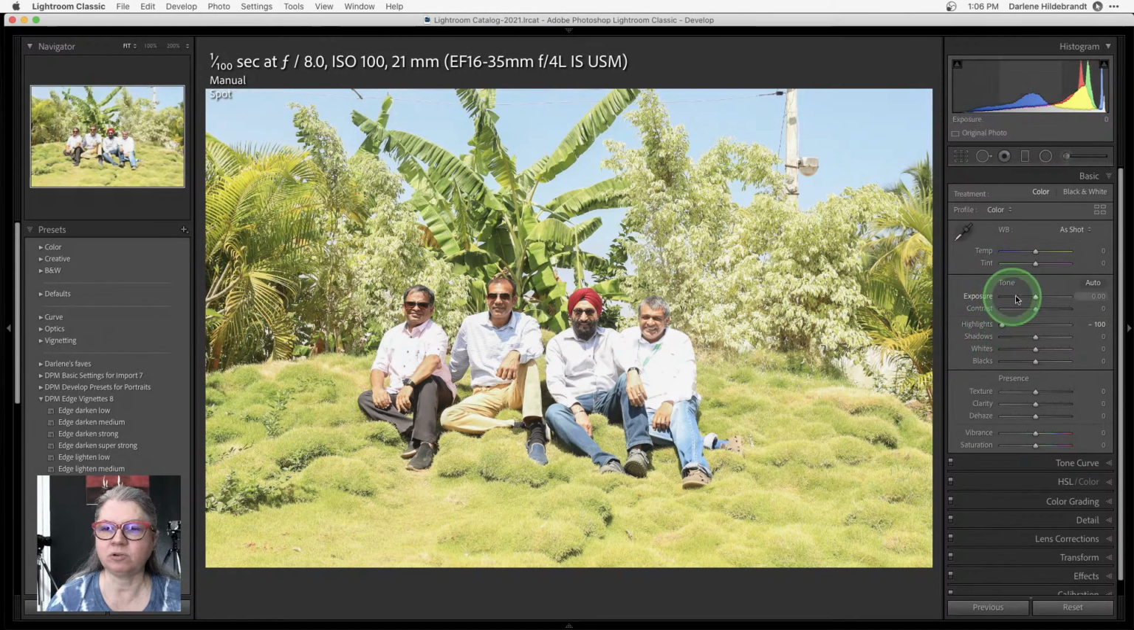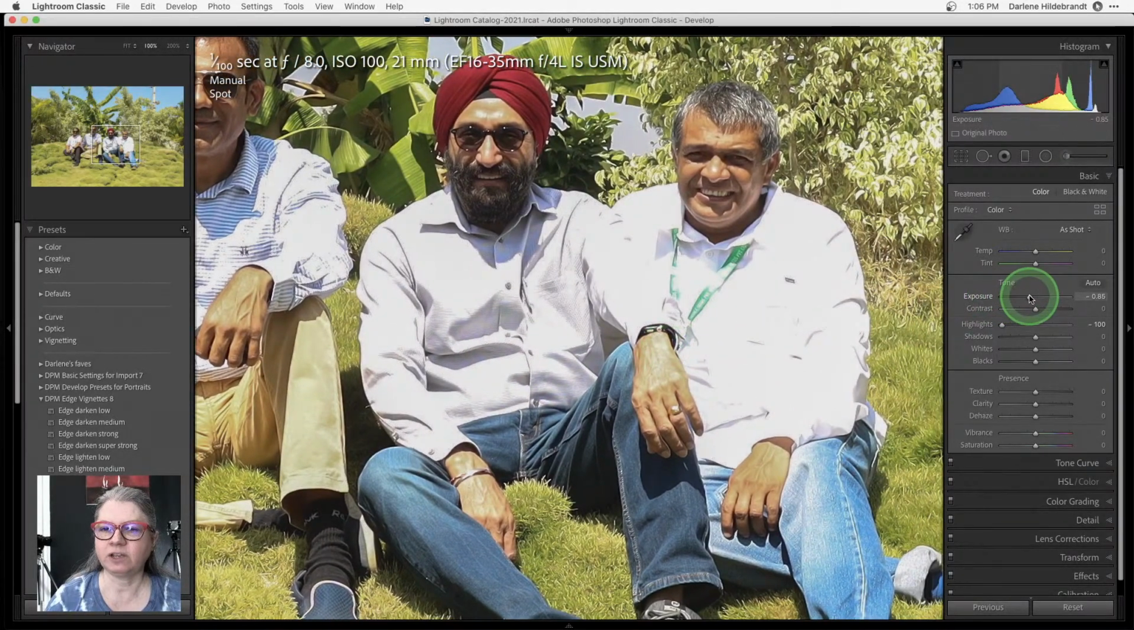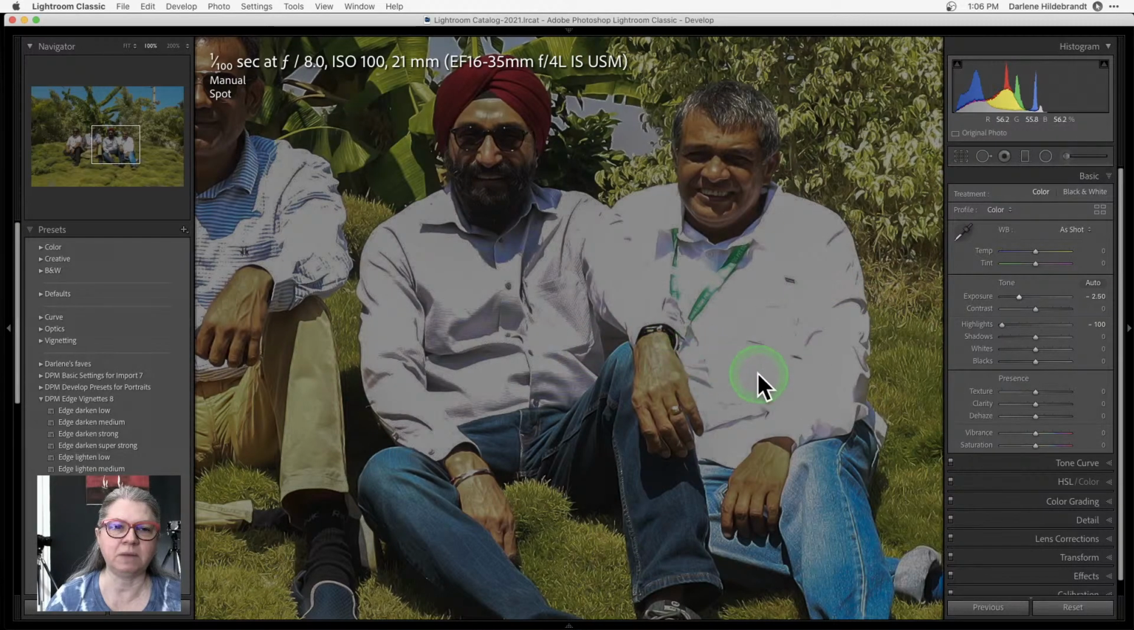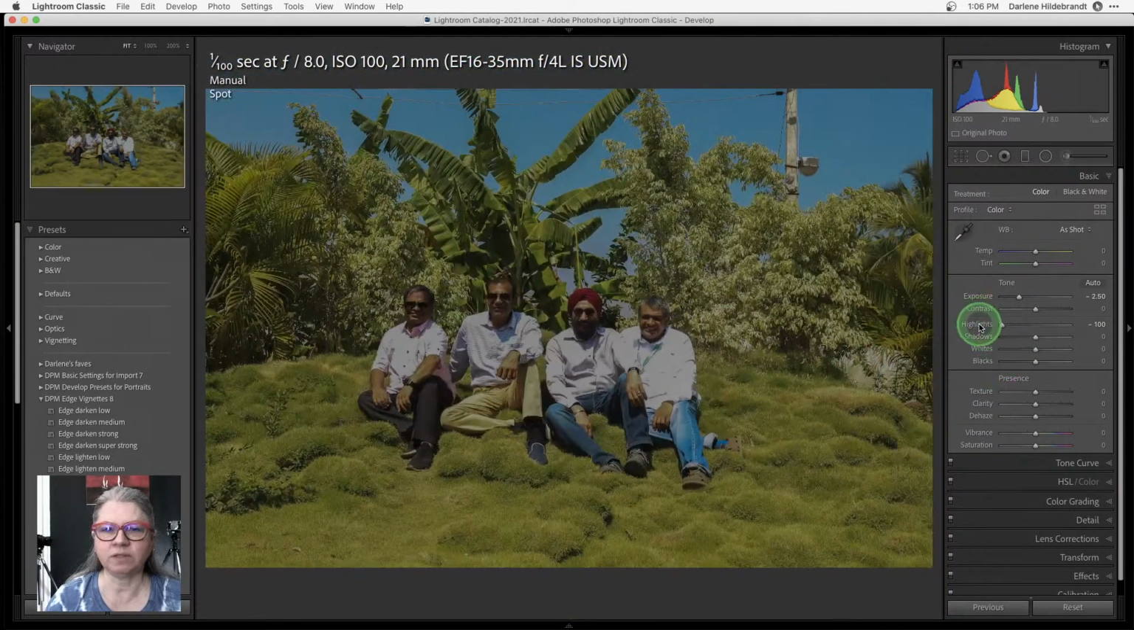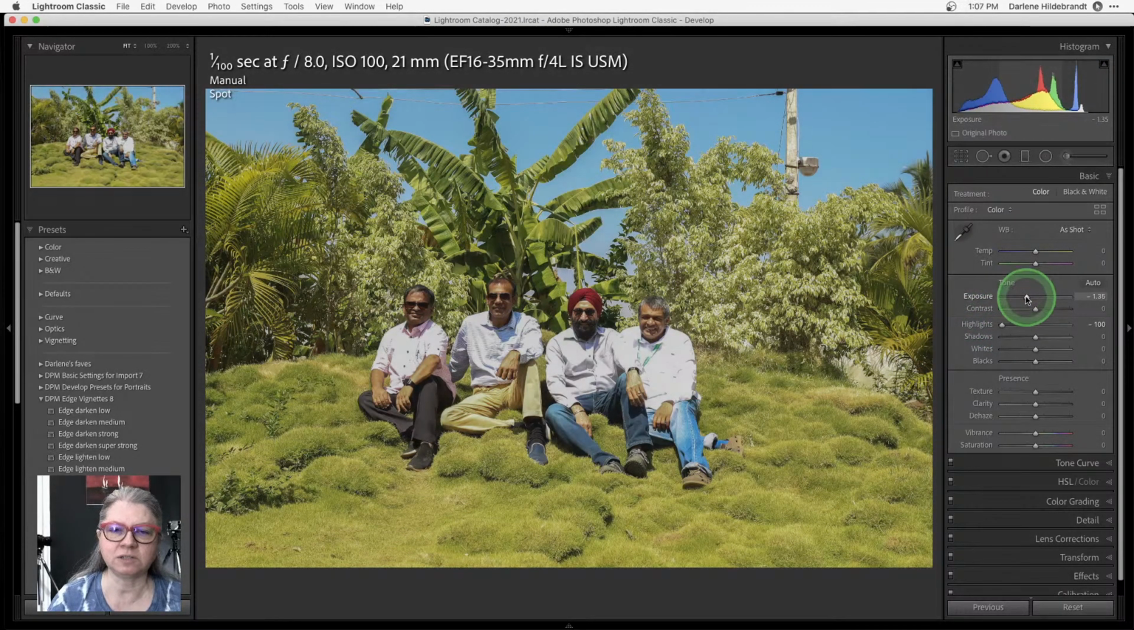So even if I pull this information down and darken it, there's no detail in their shirts. Right? Even if I continue to darken it, it just gets muddy. Okay, so this one is not one that can be fixed. To some degree, I can probably pull it down and darken it, but when you get into a situation like